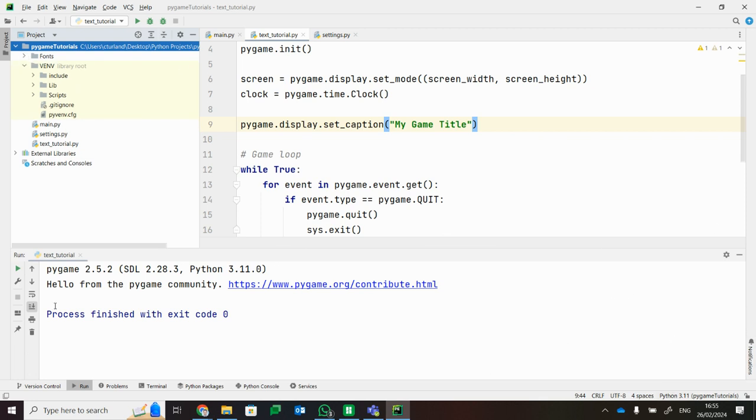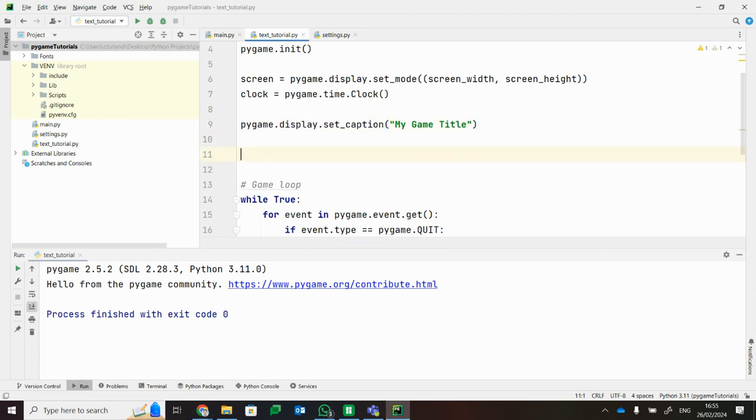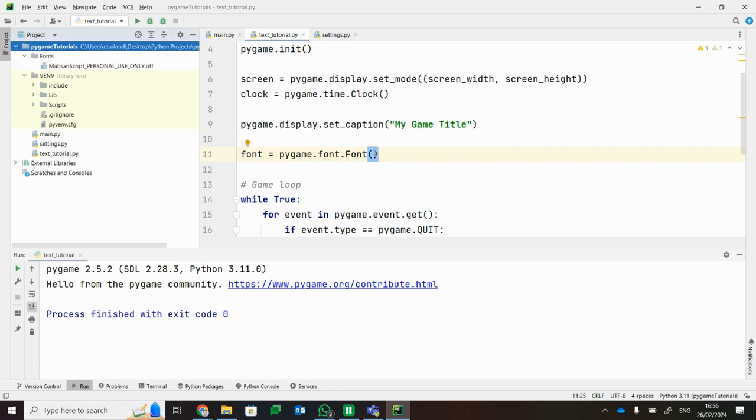Okay, so now that's set up, first thing we're going to do is create this font for our game. So I'm going to say font equals pygame.font.Font. And in here, we've got to give it the name of the font. Now, I have to make sure I type this correctly. So it's in my fonts folder. Oh, sorry, it should be in quotes. Fonts folder /